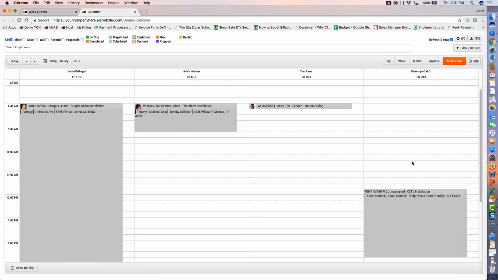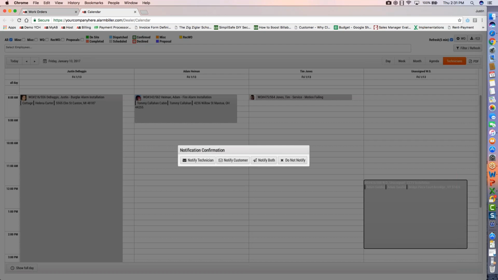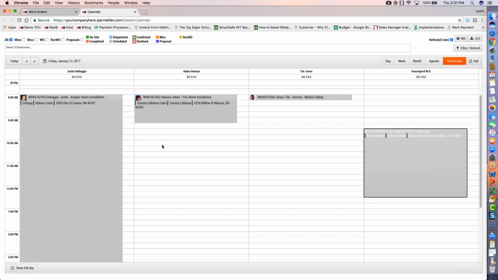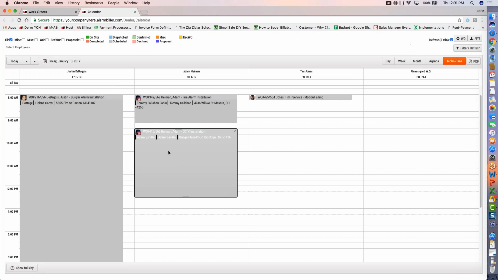Now, the unassigned work order queue. Here's a work order that hasn't been scheduled. If you want, you can drag and drop this work order onto the appropriate schedule, and it'll allow you to notify. I'm going to notify both. And this will automatically bring this work order over, and after this refreshes, let's see, now it's scheduled for